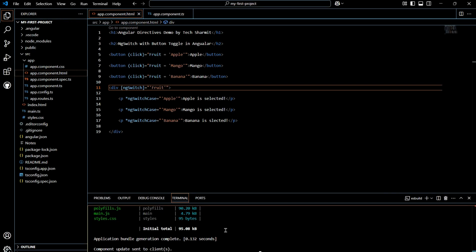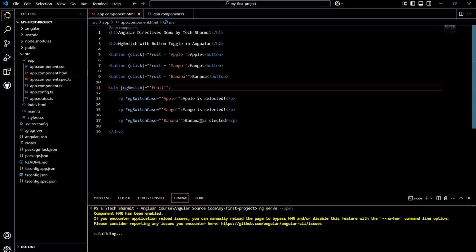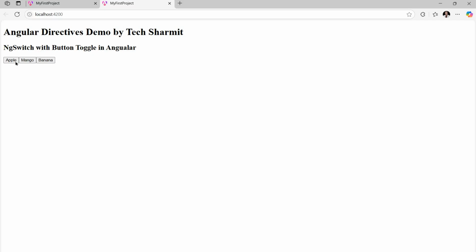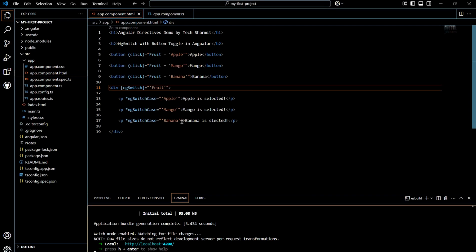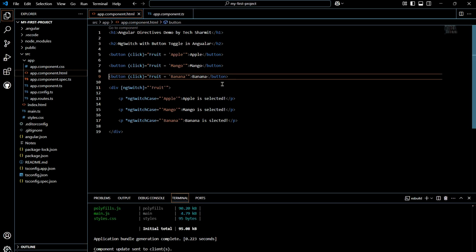Okay, let's close it and rerun it. Let me clear the screen for you so that you can see the command again. ng serve --open and enter. It will take a few seconds, and if there is still any error, then we need to check it thoroughly and figure out what the exact issue is, because it should work. We have written the logic. Okay, let's verify the logic. So let's check it again, and here,